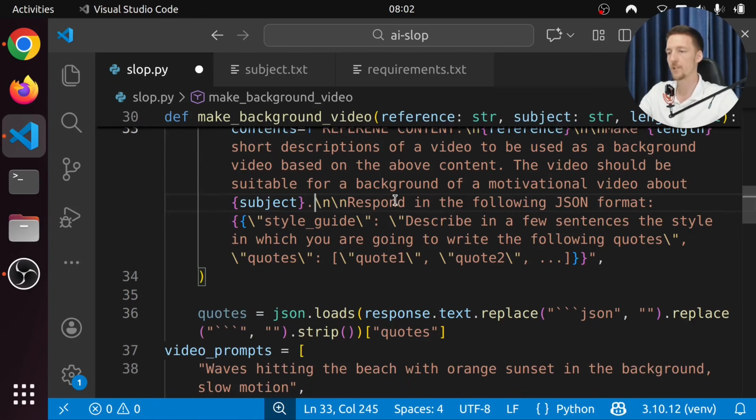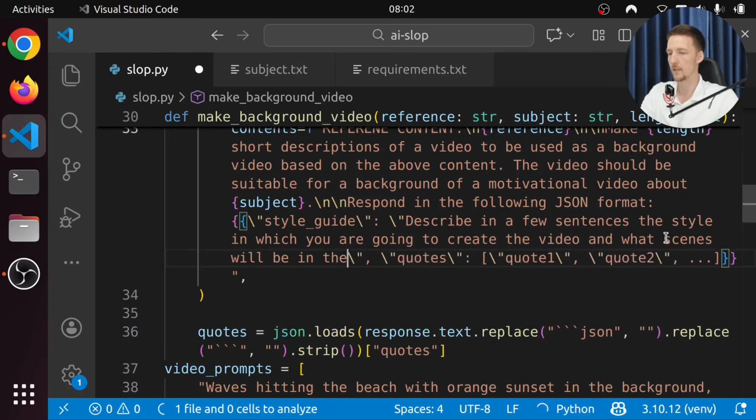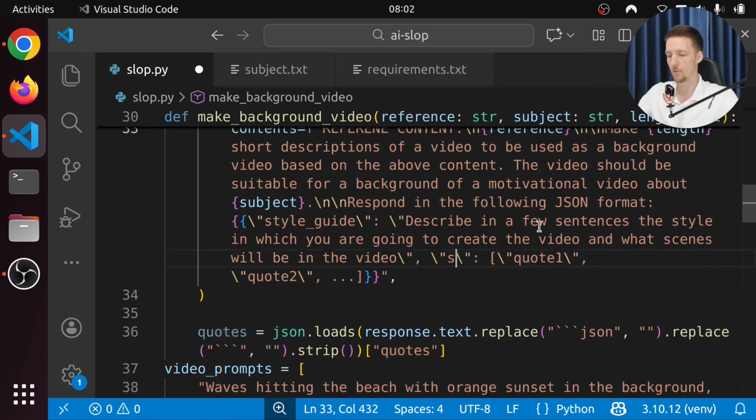And again, let's say respond in the following JSON format. We can actually use the style guide again. Describe in a few sentences the style in which you are going to create the video and what scenes will be in the video. And then let's do scenes, and this is going to be scene 1, scene 2, and so on.